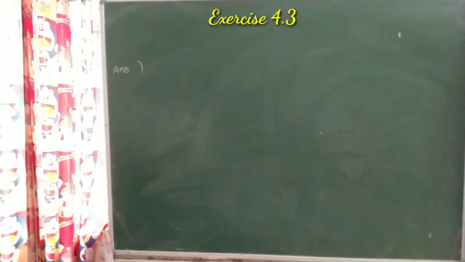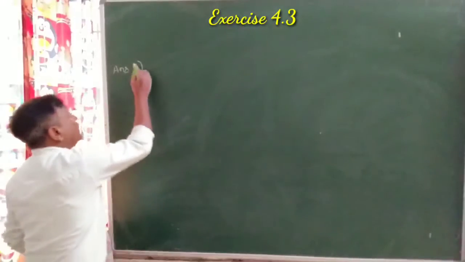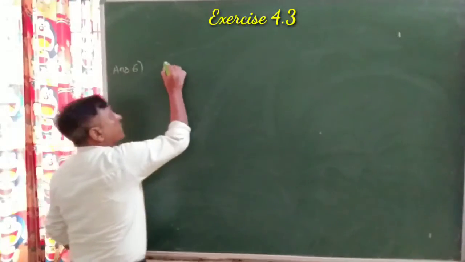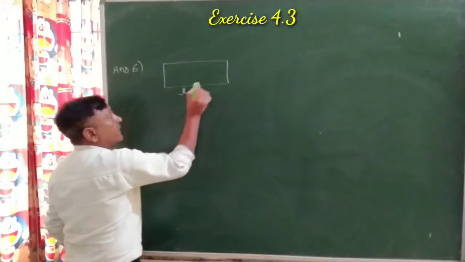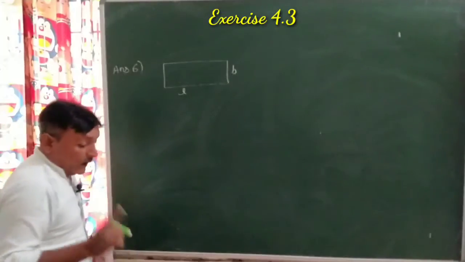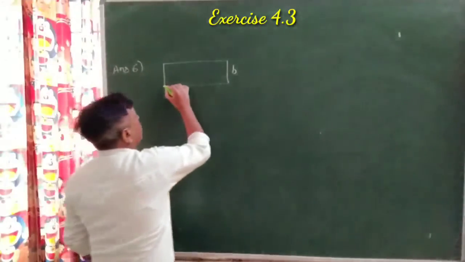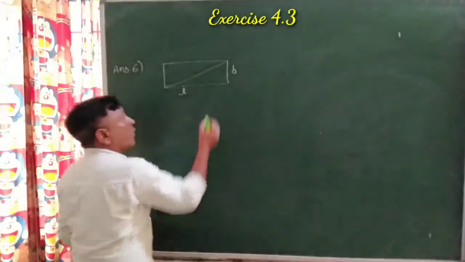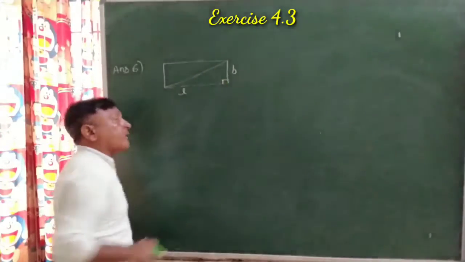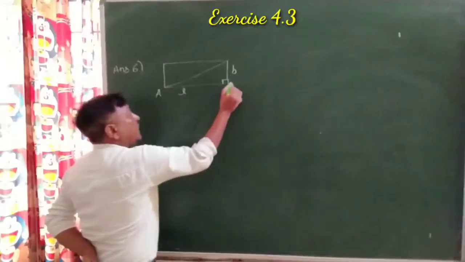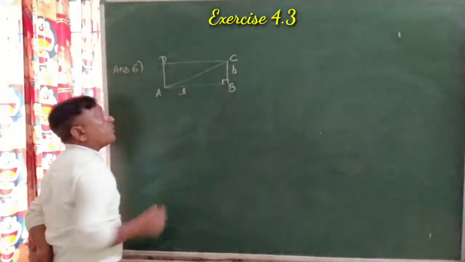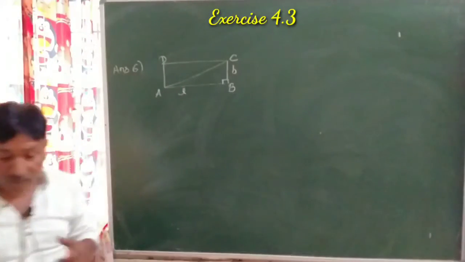Okay students, now see question number 6. Question number 6 is saying the diagonal of a rectangular field is... it is talking about a rectangular field. So first of all we have to make one rectangle. A rectangle has length and breadth, and the question is talking about the diagonal, and we all know that the right angle is here. So this is actually the information related to a right angle triangle ABC, which we will use in our question.